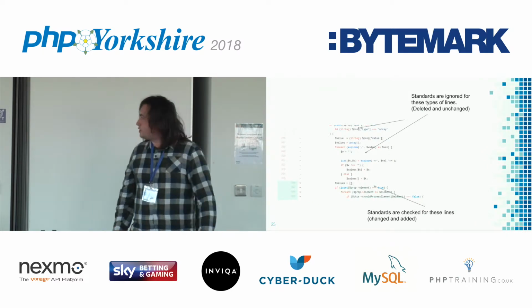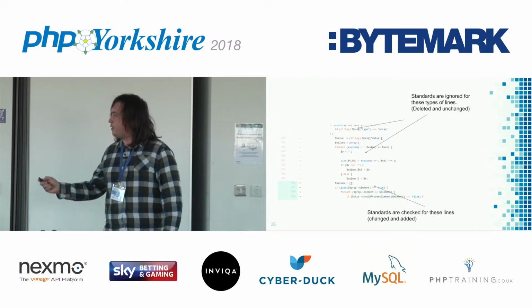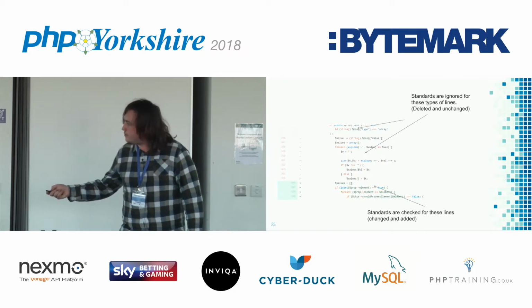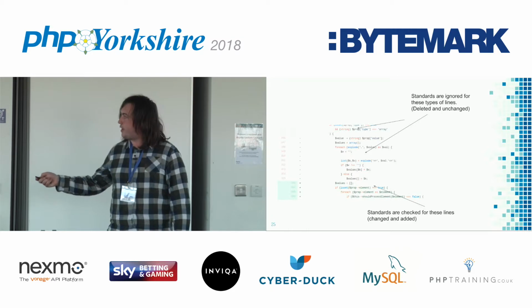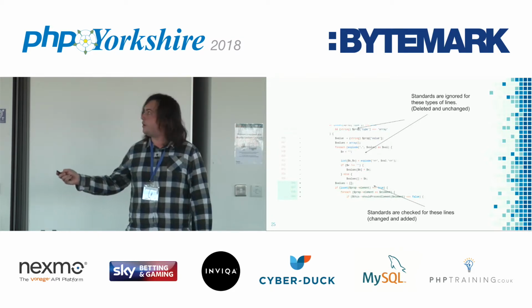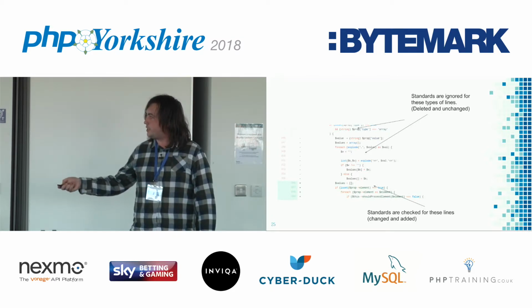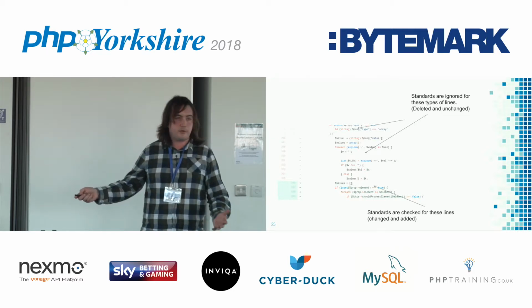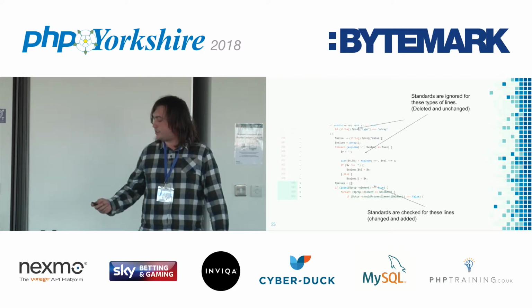So I'm not sure how well the colours show here, and I'm also slightly colourblind, but the bottom is the green section, so that has changed. The middle section is the removed code, and the top section is not changed code. So we're only enforcing code on these bottom four lines of code here, because they're the ones that have changed, so they're the ones that people should be looking at and doing things more functionally